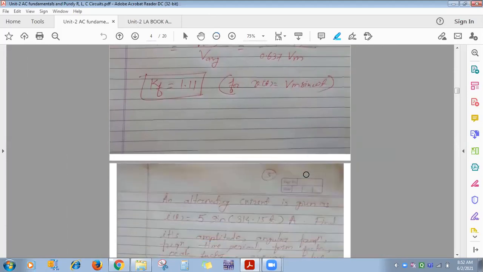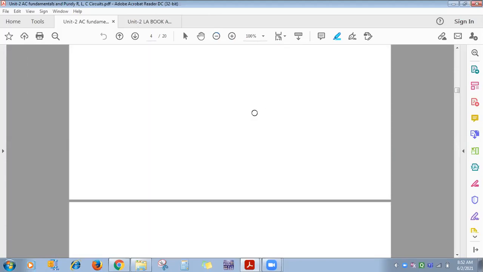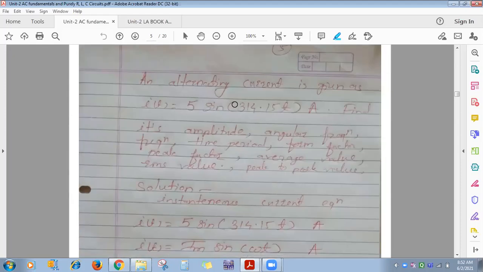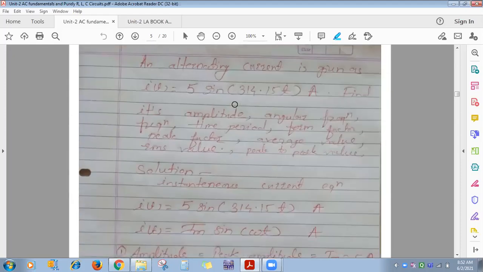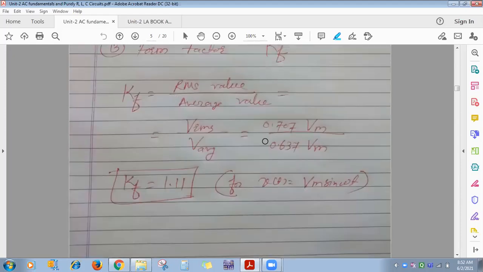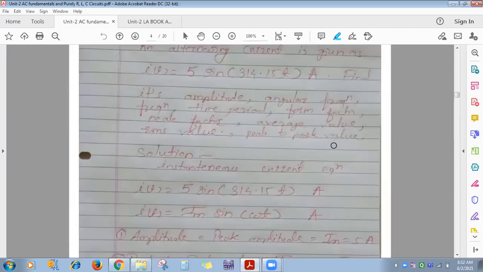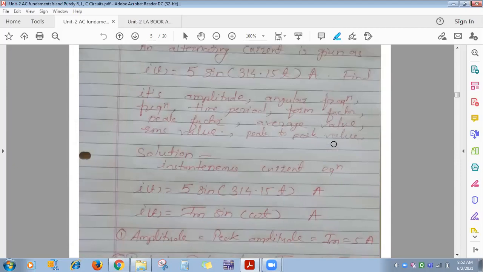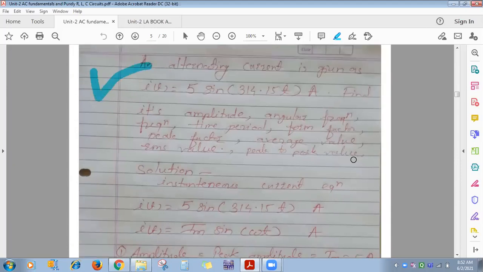We'll see numericals. Almost all definitions you already have covered in 12th, like frequency, time period, peak value, peak to peak, RMS. The rest I told you, form factor, peak factor, only a few are additional. Now based on this, numericals. Whatever first numerical we are going to see, based on this you will get a 1 mark MCQ question asked in the same exam. Read the question.